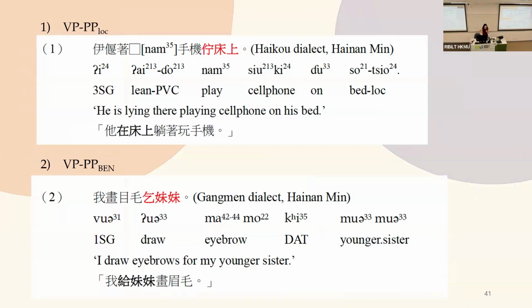The first one is the post-verbal locative prepositional phrases. In Sinitic languages, locative prepositional phrases indicating the location where an action takes place have to precede the verb. However, in Hainan Min, these PPs can follow even complicated verb phrases. And the second construction is the post-verbal prepositional phrases introducing a beneficiary or maleficiary. While in Southern Min, this type of beneficiary would be introduced by a pre-verbal comitative prepositional phrase like 共醫 or 及醫, okay.